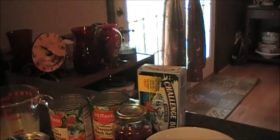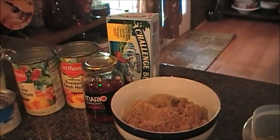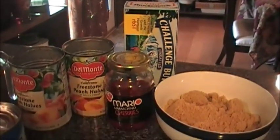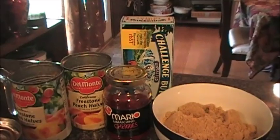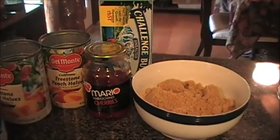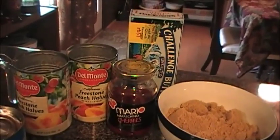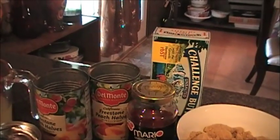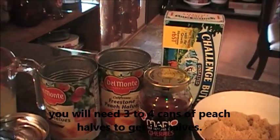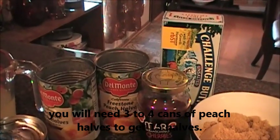of margarine, 1 cup of packed brown sugar, 15 maraschino cherries from a 6-ounce jar, but I couldn't find a 6-ounce jar, so I used a 10-ounce jar. You need 15 of them approximately. You're also going to need 15 peach halves in heavy syrup from 2 15.5-ounce cans of peaches, and you need